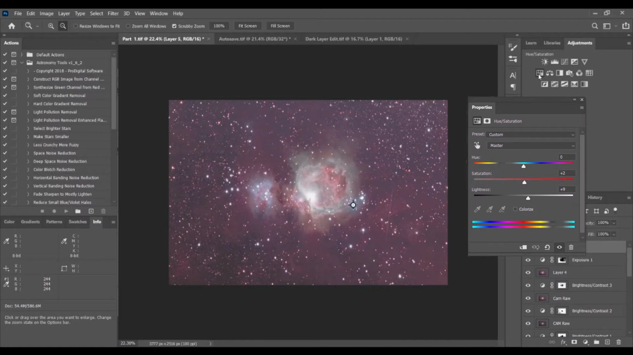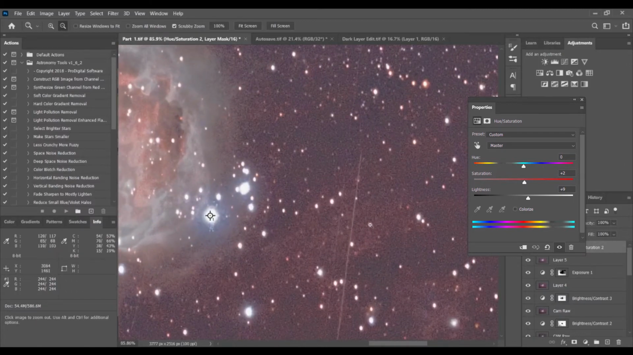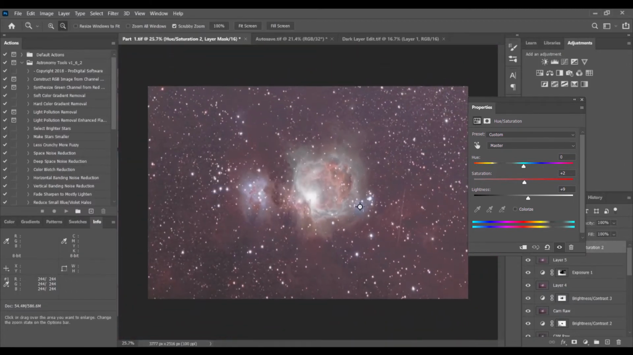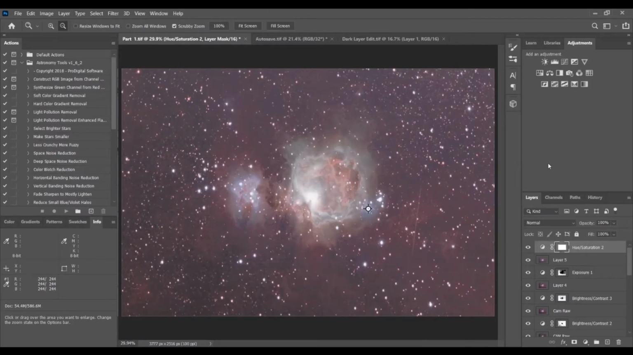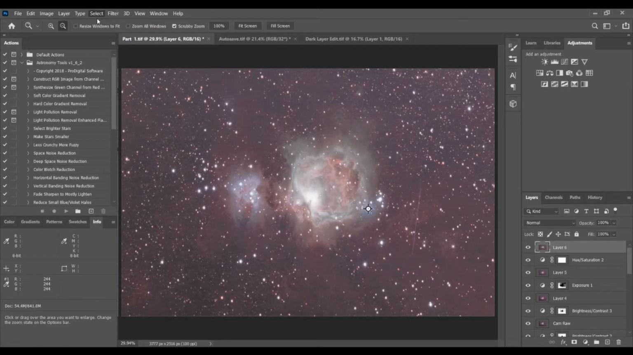Now we're going to mess with the colors a bit. So I'm going to decrease the saturation a bit. Just adjust it until I get that dust, that nice orange brown. Now I'm going to Control-Shift-Alt-E. Select, Color Range. Now I'm going to select the dust